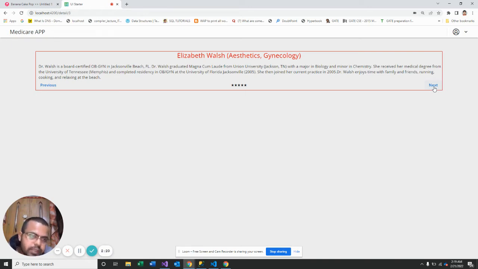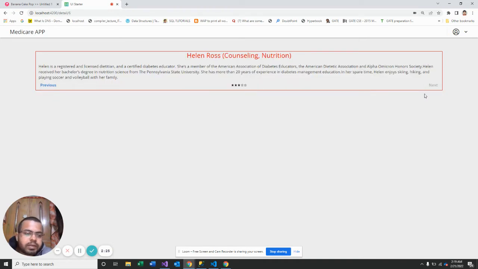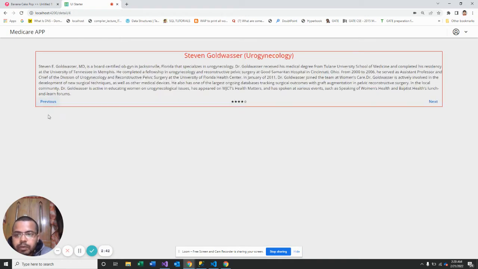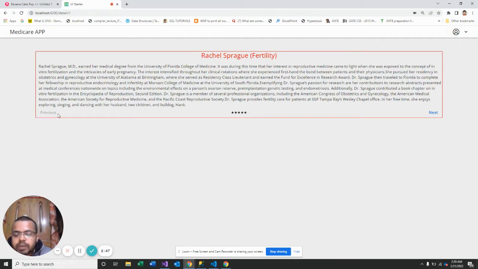Again, click next button, redirect to page number 4, then 5, then 6. But after 6 there is no next button. The next button essentially gets disabled because we are at the end of the pages. So now I can use the previous button to go back up to page number 1. Now 3, then 2, then 1, and then the previous button gets disabled because there is no page before page number 1. So previous button is now disabled.